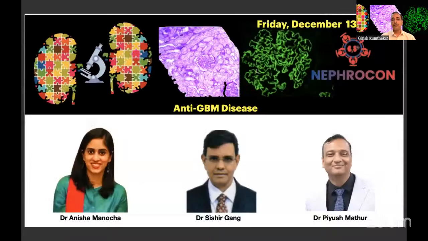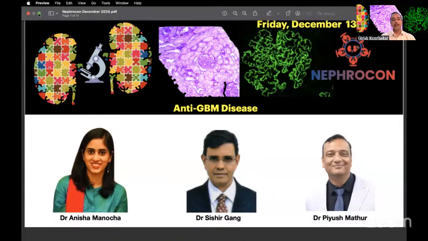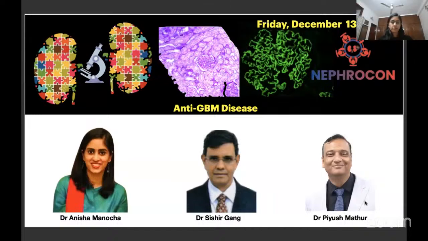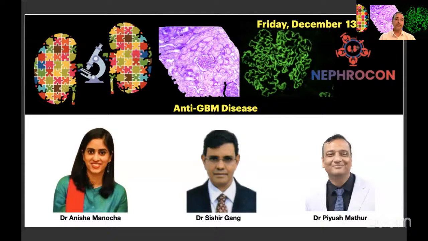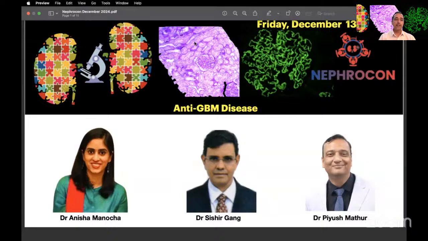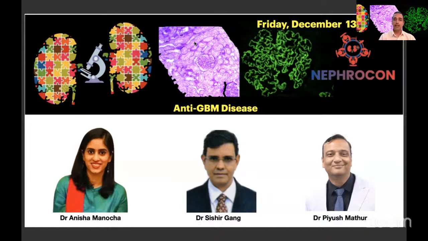And this is the Nephrocon webinar, which we started 1 year ago. Every month, we conduct a webinar for one peculiar glomerular disease, and we try to integrate the understanding of nephrologists and nephropathologists, and bring things onto one platform with one single aim: how to improve patient management and treatments. So this evening we are discussing anti-GBM disease, which has been a curious condition for so long. We have multiple types of antibodies, multiple manifestations, and the treatments are also not very different from other glomerular